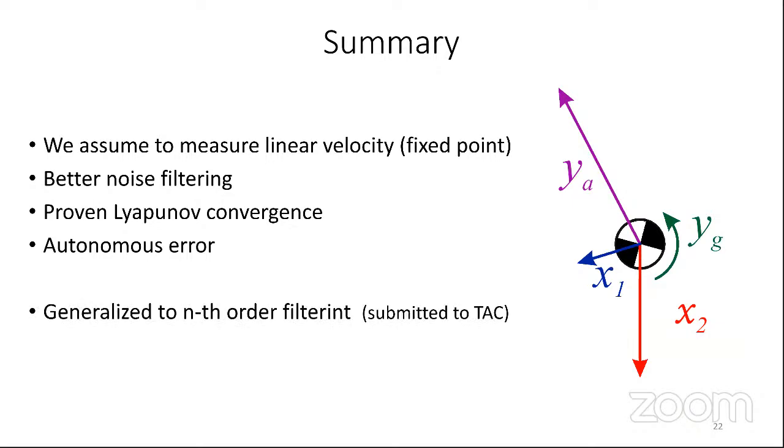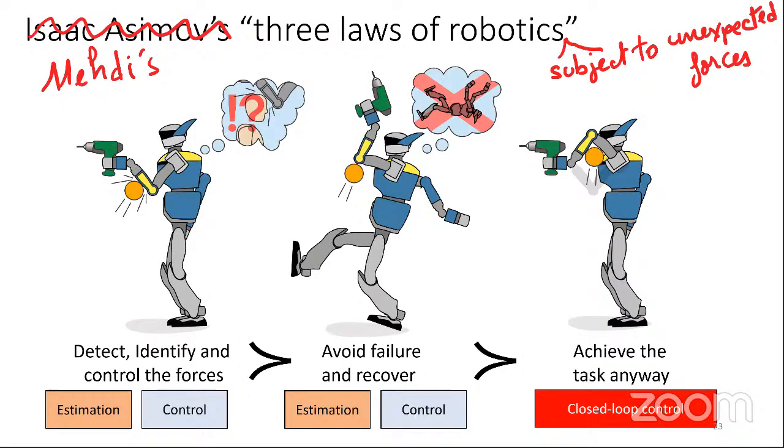We are also presenting, at the Transactions on Automatic Control, a generalization of this estimator to nth order filtering, which can increase the rejection of noise. That's submitted currently. So now let's move to the third law, which is to investigate how we can achieve the task